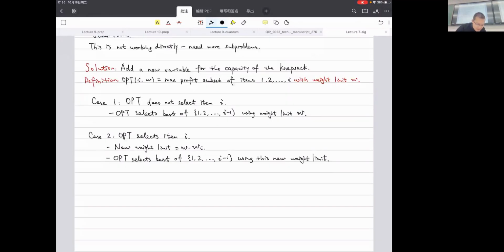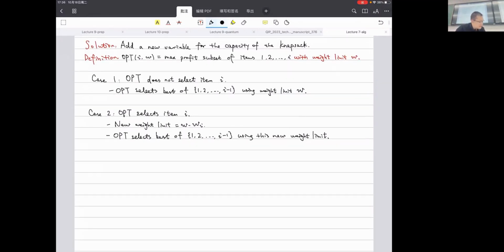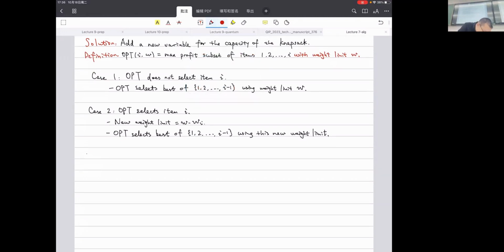Okay, so based on this case 1 and case 2 discussion, I guess we can make a recurrence now. So we know that OPT(I, W) is going to equal 0 if I equals 0. And on the other hand, OPT(I minus 1, W), if WI